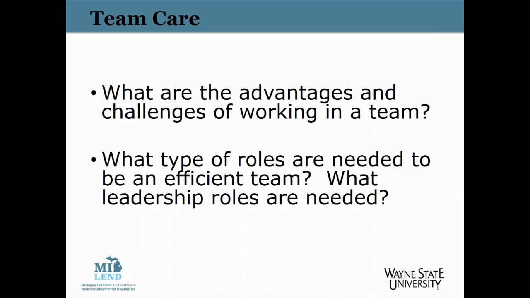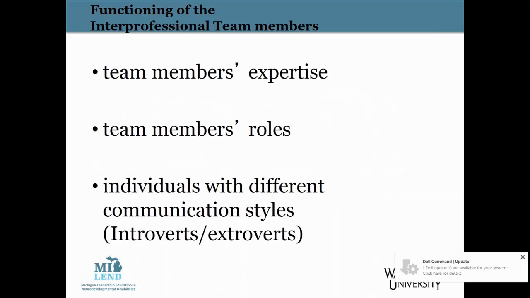So I think having a communicator, a leader that can help move the direction forward is sometimes a really important thing to define when you have a team of experts. As Wayne said, you have to have consensus, and in terms of team members' expertise, their roles, and the different communication styles are important for us to keep in mind when you're trying to get the best out of your team for the family, for the child, and the next steps in terms of the treatment plan for the individual that you're caring for.